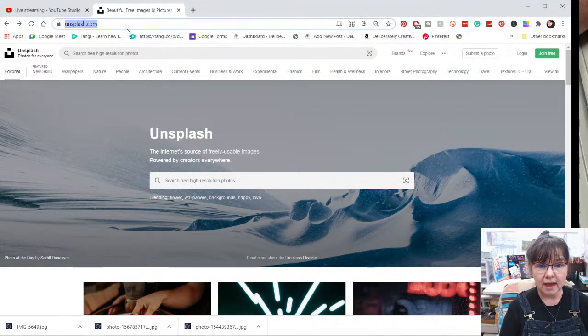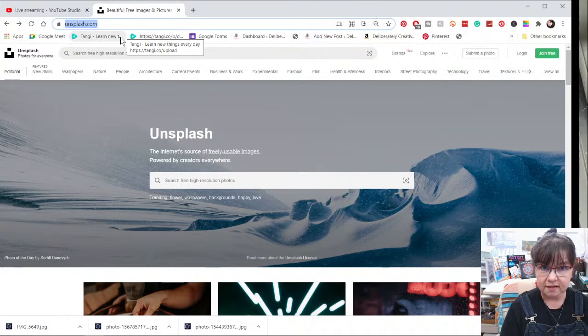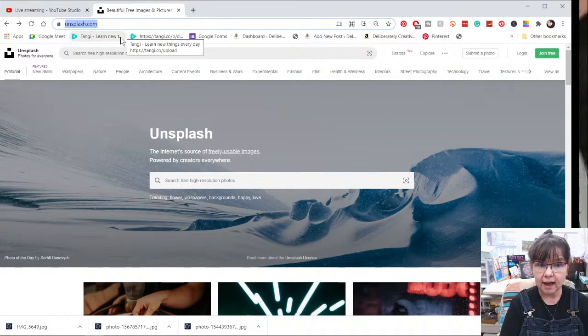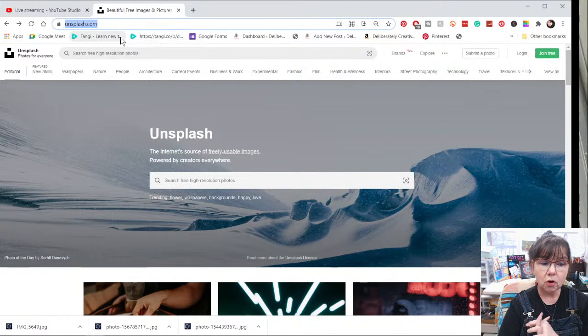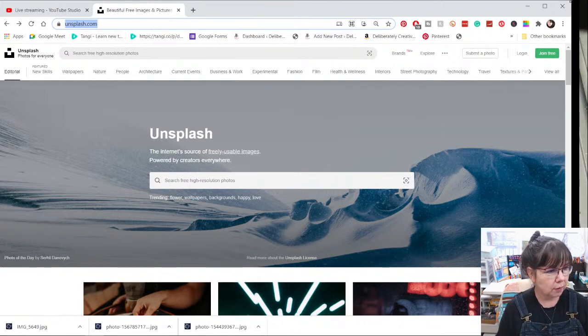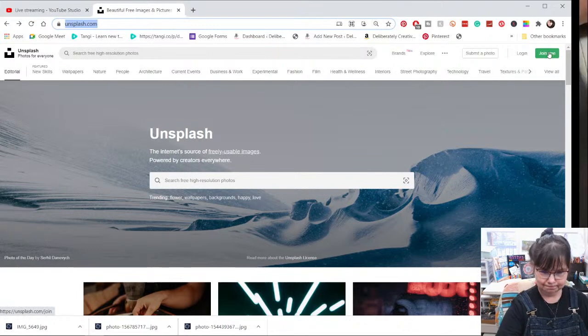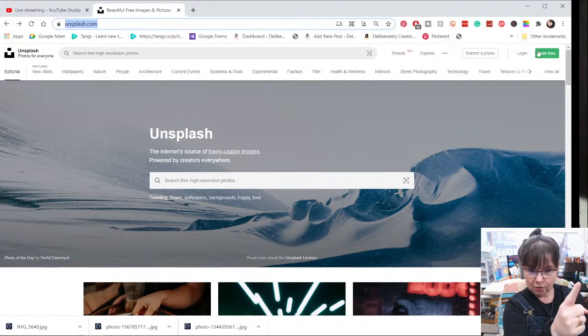We're going to go in and do a sign up so that we can actually save our collections. If you don't want to, you can go in and search for pictures. You just can't keep them all together in a collection without having a login. And the login is really simple. It's always free. So what we're going to do is click up here in the top right corner,